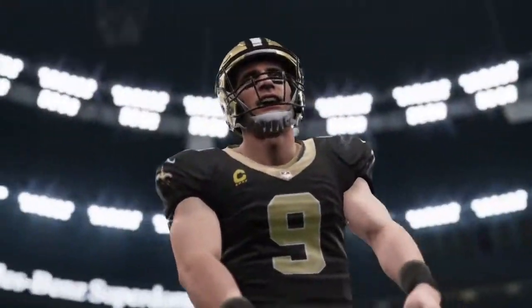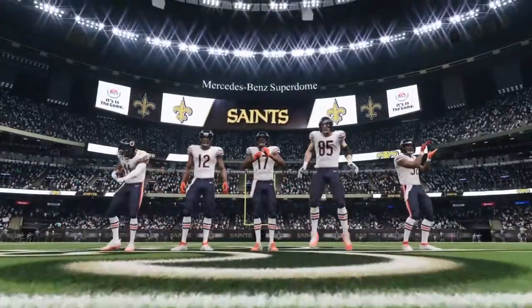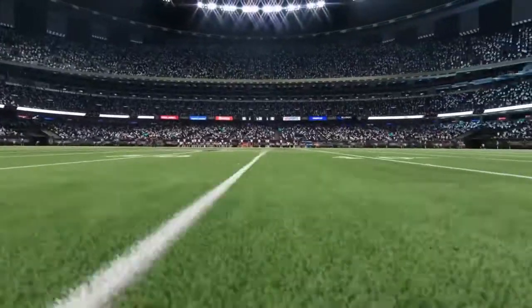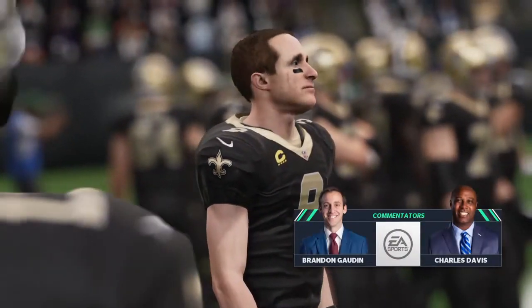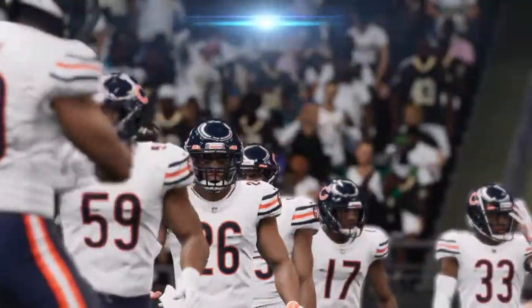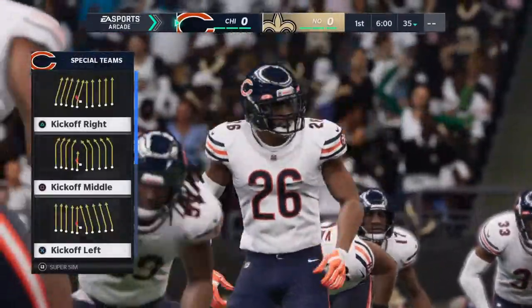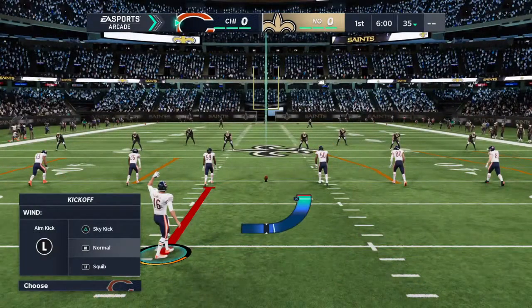We'll see Drew Brees and the New Orleans Saints taking on Nick Foles and the Chicago Bears. EA Sports coverage of the NFL has us in downtown New Orleans at the Mercedes-Benz Superdome. This is what it looked like just a moment ago in the heart of New Orleans. Folks, there's no place for this noise to go in the Superdome. It is loud, and these fans are ready for football as their Saints get ready to do battle with the